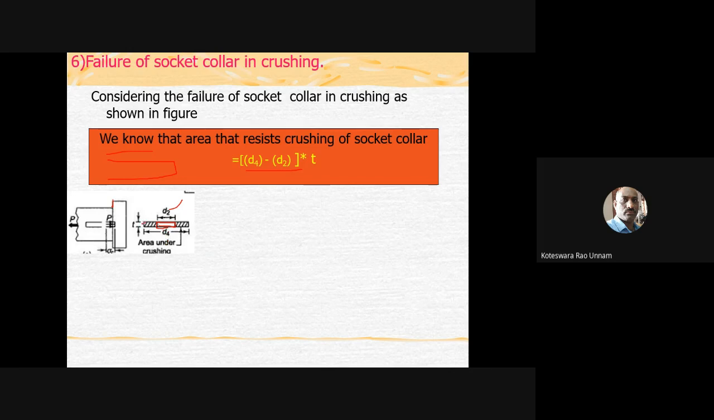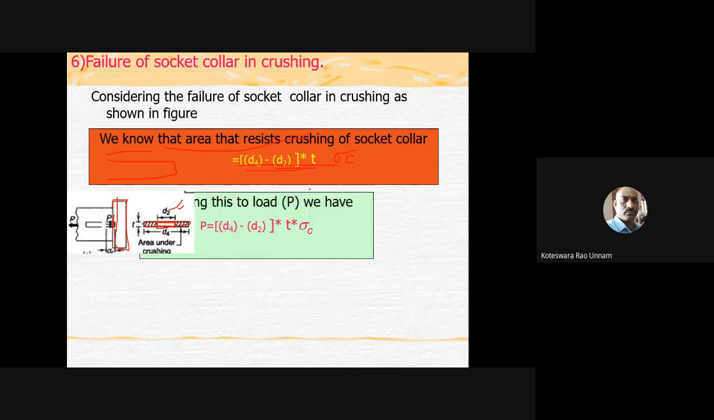If the entire thing is solid without a hole, then you have to take D4 into T. So D4 is the outside diameter of this collar multiplied by T. But in that portion you have a rectangular slot, so you need to remove that area. That area is D2 into T. If I remove that area, then D4 into T minus D2 into T is going to be the area which is resisting the crushing of the socket collar. Multiplied by the crushing strength, sigma C, you will get the crushing strength of